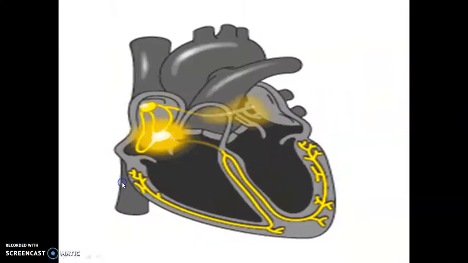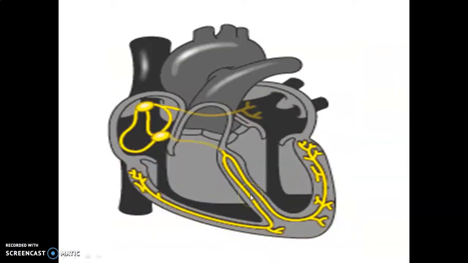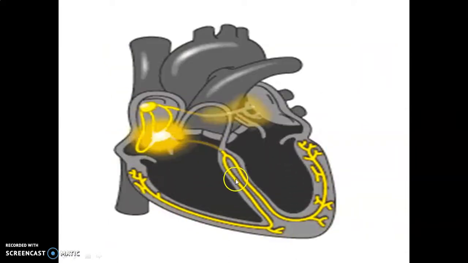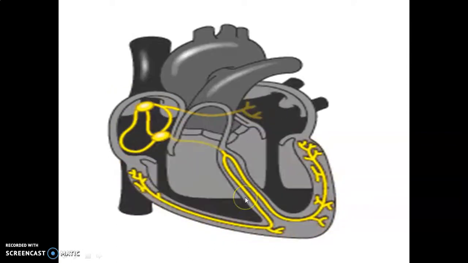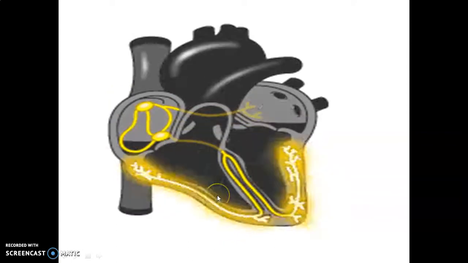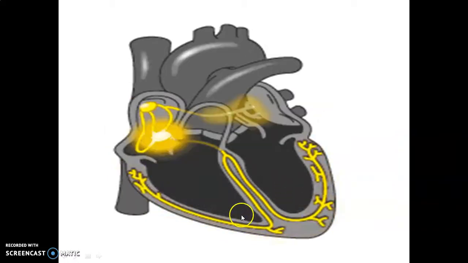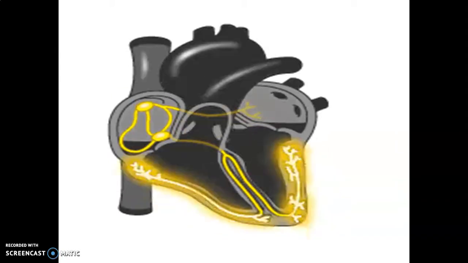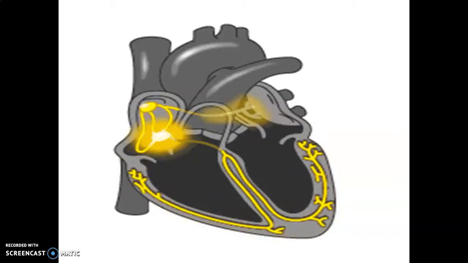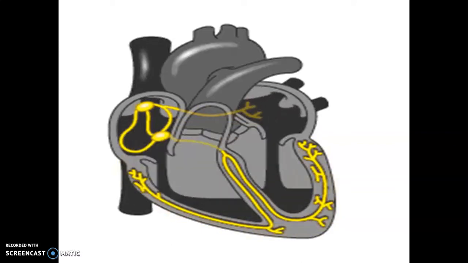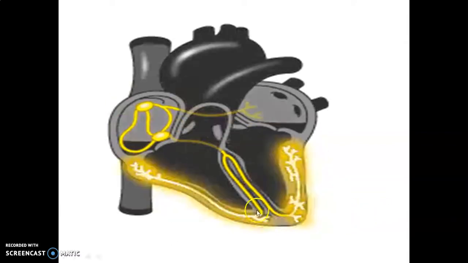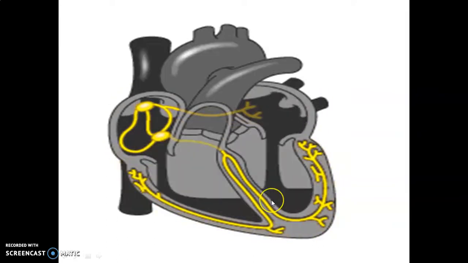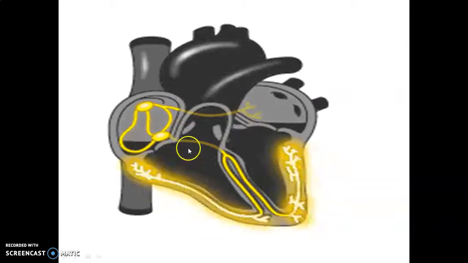And children, a bundle of nodal fibers, the atrioventricular bundle, continues from this AVN, passes through the atrioventricular septa, emerges at the top of the interventricular septum, and immediately divides into the right and left bundles. These branches give rise to minute fibers throughout the ventricular musculature of the respective sides, called Purkinje fibers. Okay, children, these fibers along with the right and left bundles are known as the bundle of His.